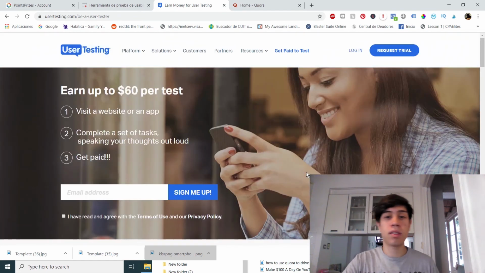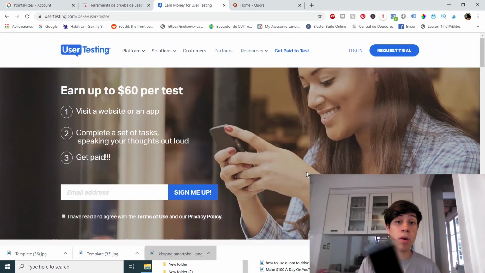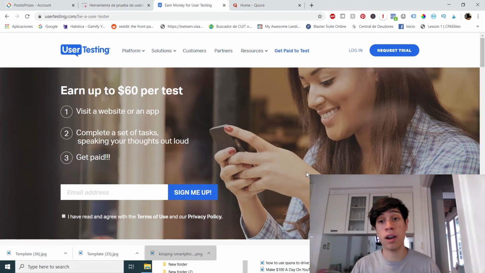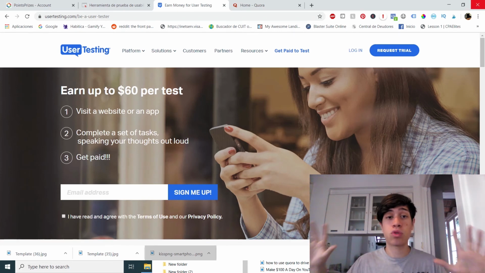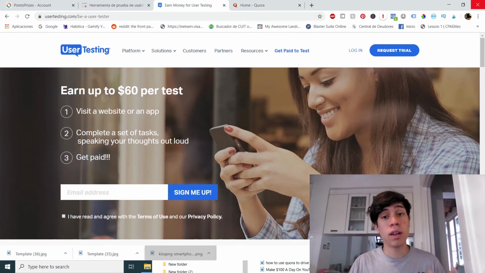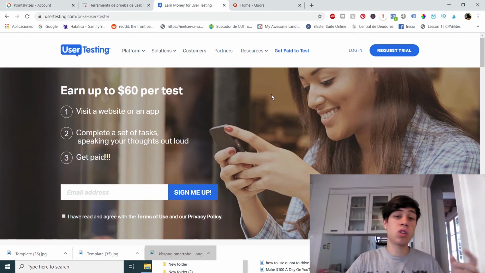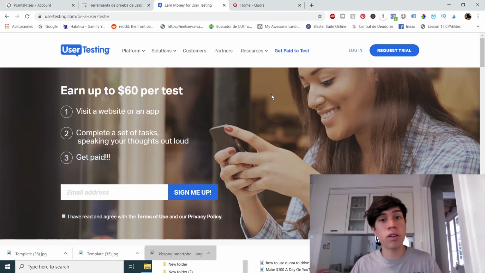The best thing is that you can do this on your mobile phone, your tablet, or your laptop. Obviously I'm not trying to make it sound that easy, because you will first have to apply. If you put your email address here and don't get accepted, don't feel bad. Just create another email and try again until you get accepted.